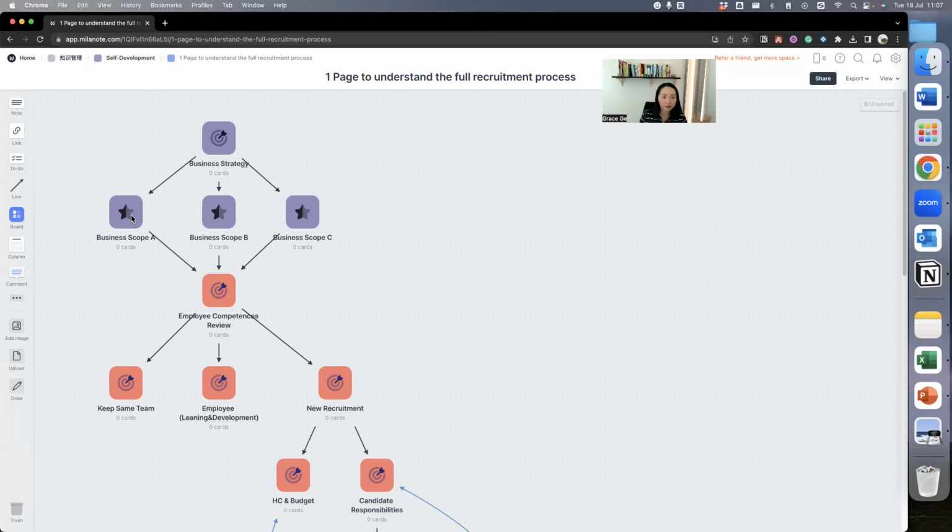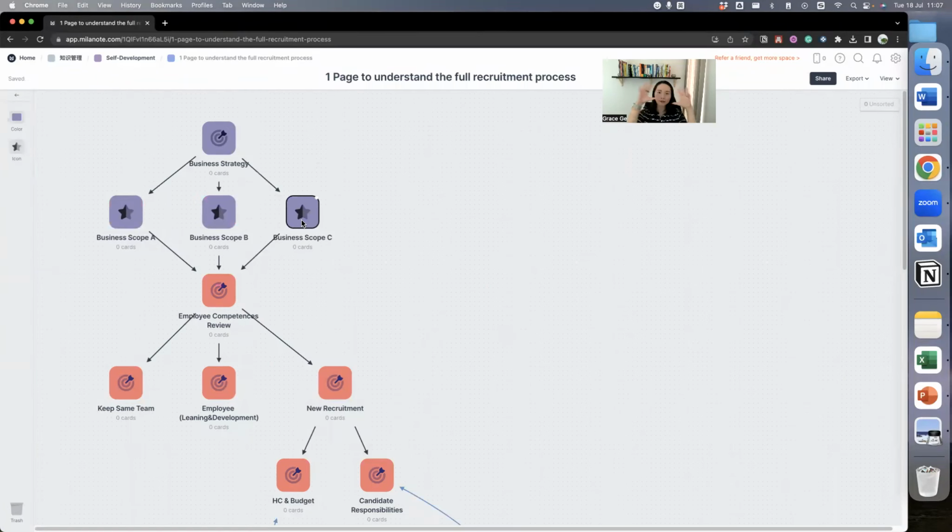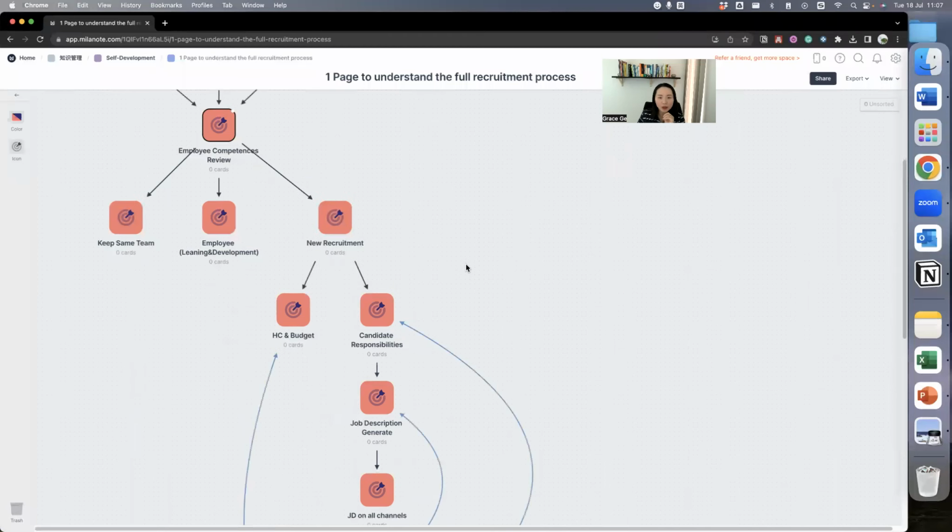So we will have business scope A, scope B, and scope C. And as a full overview of those business scopes, it will then be translated by an HR, either the HR director or HR business partner, from this business scope into an employee competencies review. And this is the most important part for all the job applicants to understand.